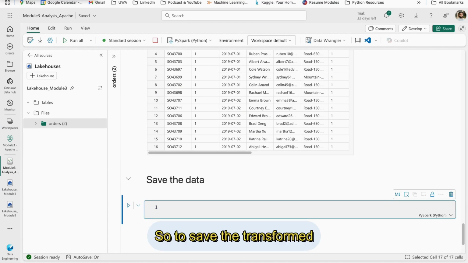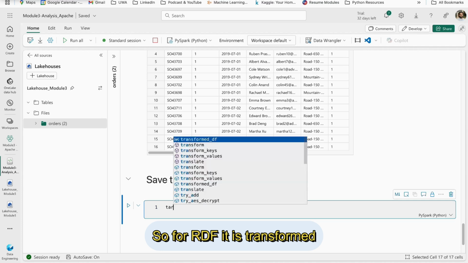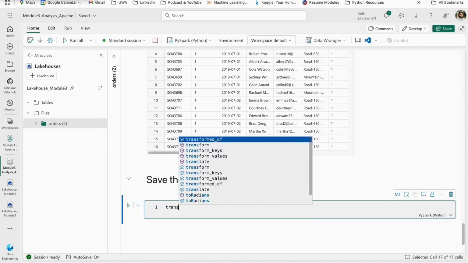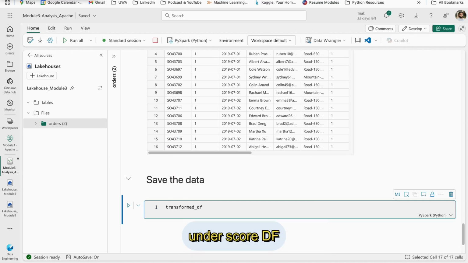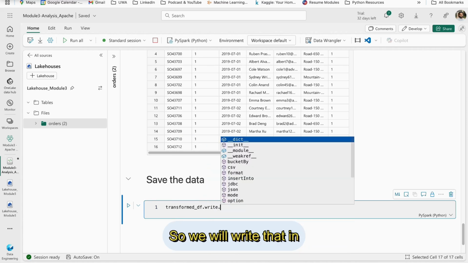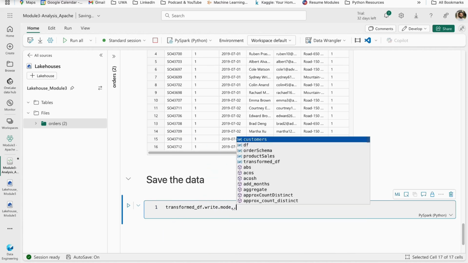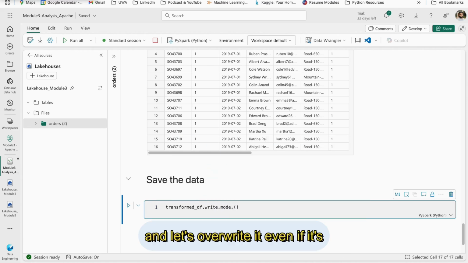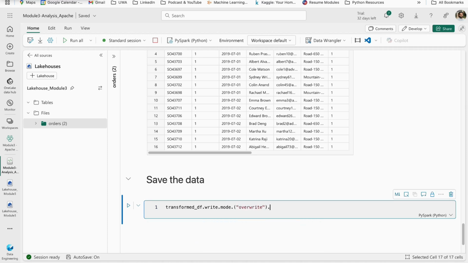So to save the transformed data frame in Parquet format, we will add df.write.mode. So for our df, it is transformed_df.write. This is the mode, and let's overwrite it even if it's there, right? And my format is Parquet,